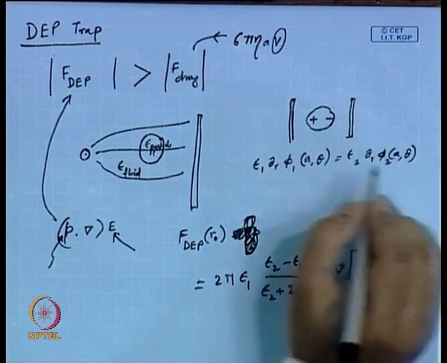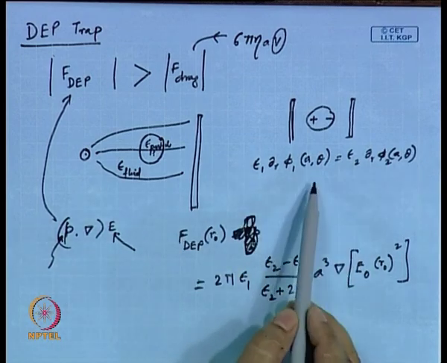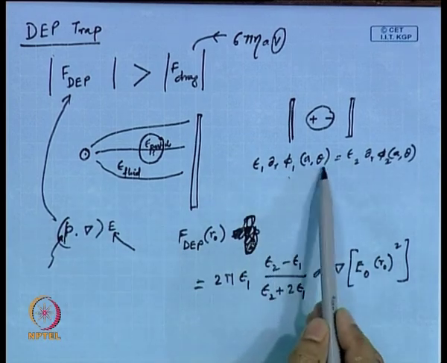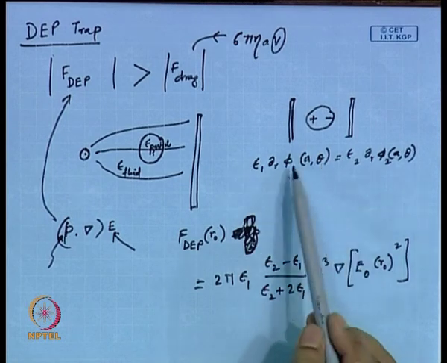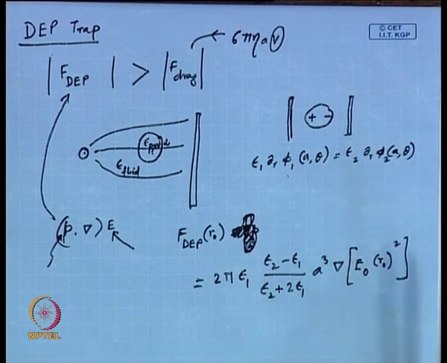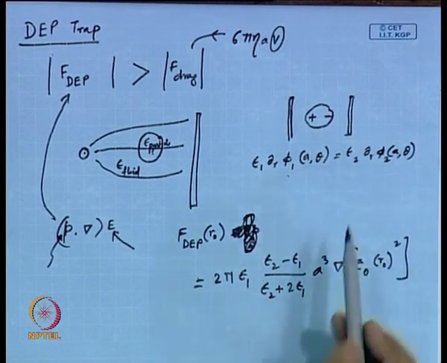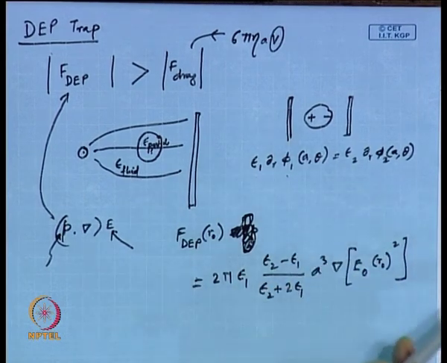That means we are saying that at the surface of the particle, whatever you are getting from within the particle has to be equal to that outside the particle. So there is a continuity of the potential and continuity of the derivative